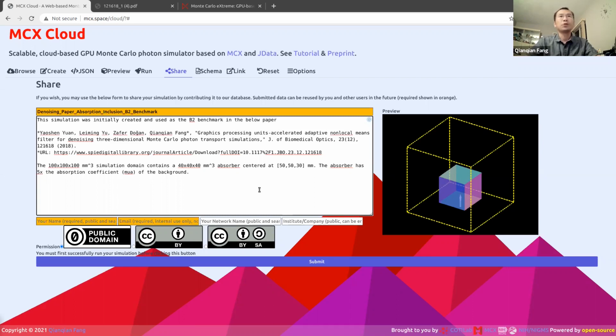After typing the title and description, you need to fill out some additional fields, such as your name and your email, etc. I encourage everyone to supply your full name and email address so that in the future, if this simulation is reused, people have an opportunity to acknowledge your simulation. So let me just type in my information here. Okay, so next,